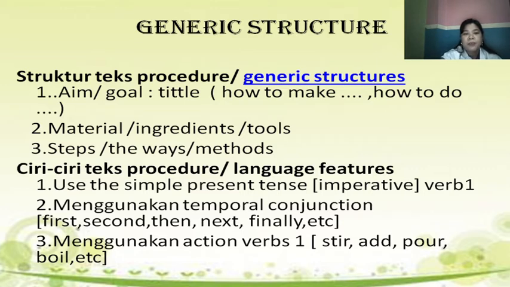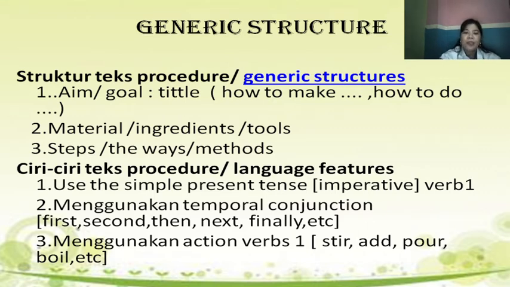Materials, it means alat-alat yang digunakan, and then ingredients, it means bahan-bahan yang akan digunakan dalam pembuatan atau dalam prosedur text. And then the generic structure number 3 is step, the way, and the method. Ya, jadi nomor 3 untuk generic structure-nya adalah step, langkah-langkah, the way, cara atau langkah juga, method sama. And then